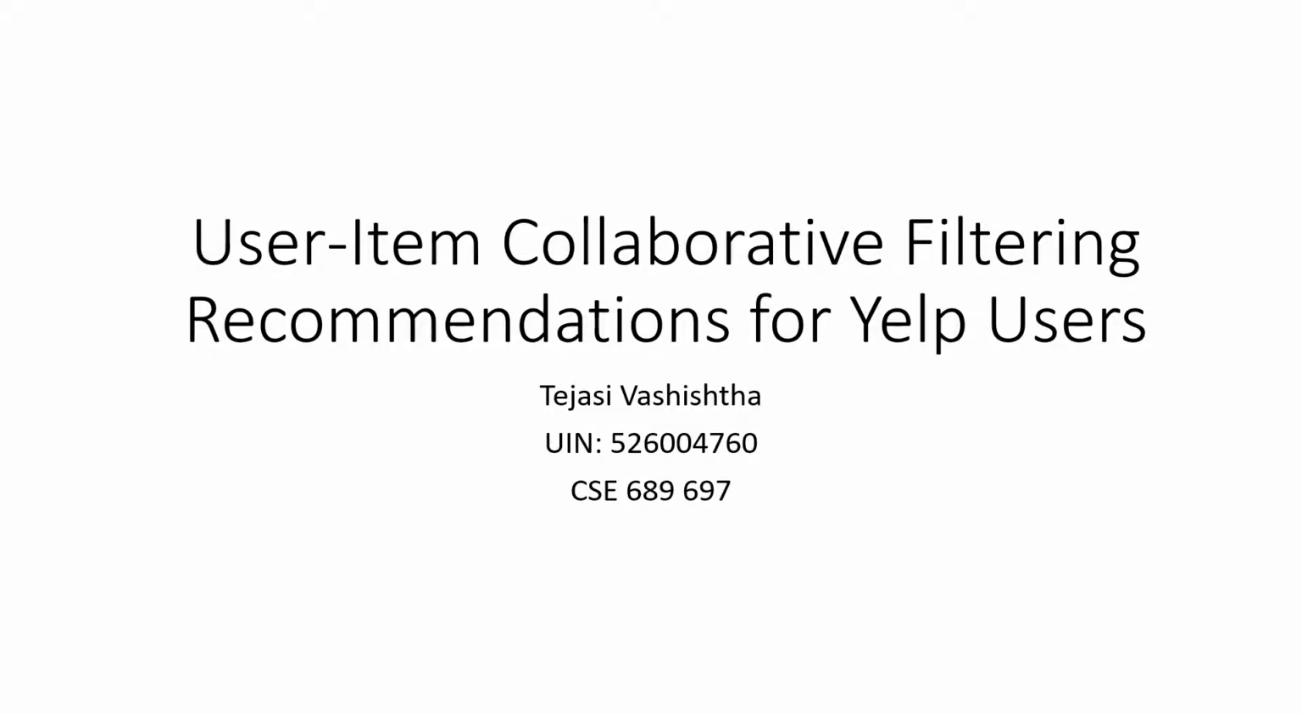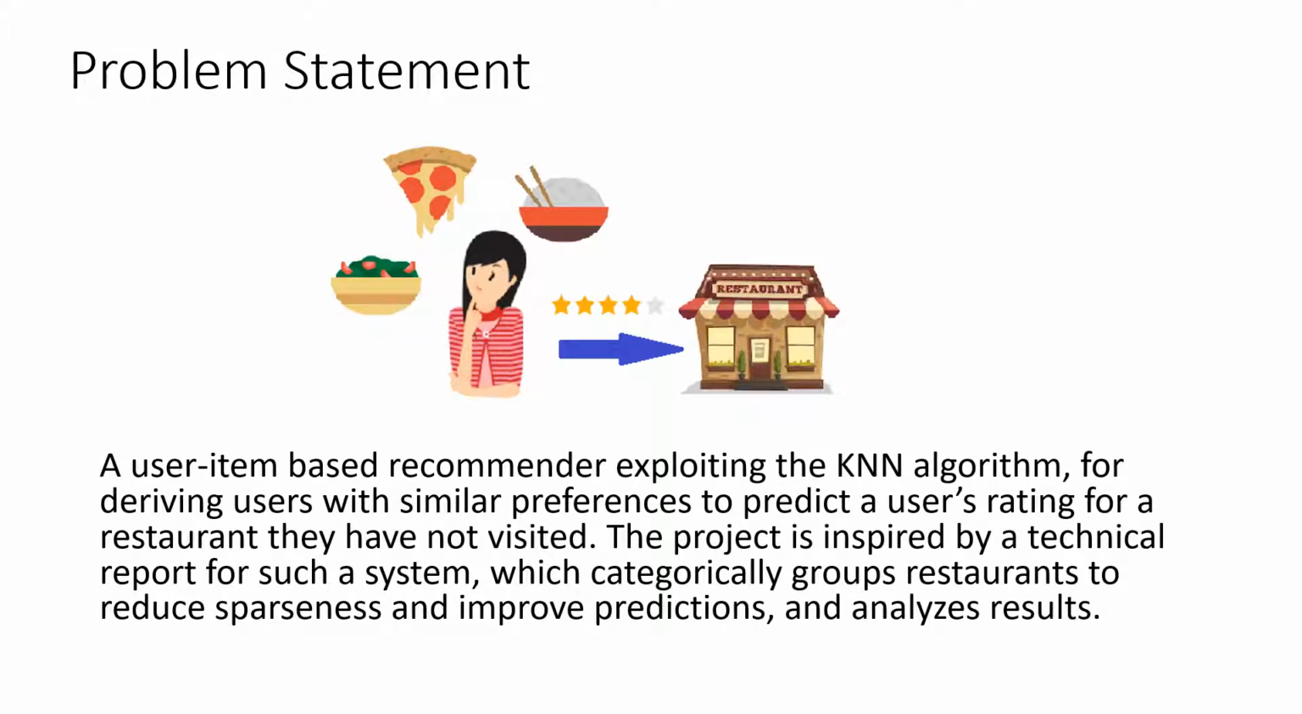This is the paper on user item collaborative filtering recommendations for Yelp users. This is a user item based recommendation system that uses the K nearest neighbors algorithm. It finds users with similar preferences in restaurants to predict a user's rating for a restaurant they have not visited. And this project is inspired by a technical report by Ji-Hoon Hwa